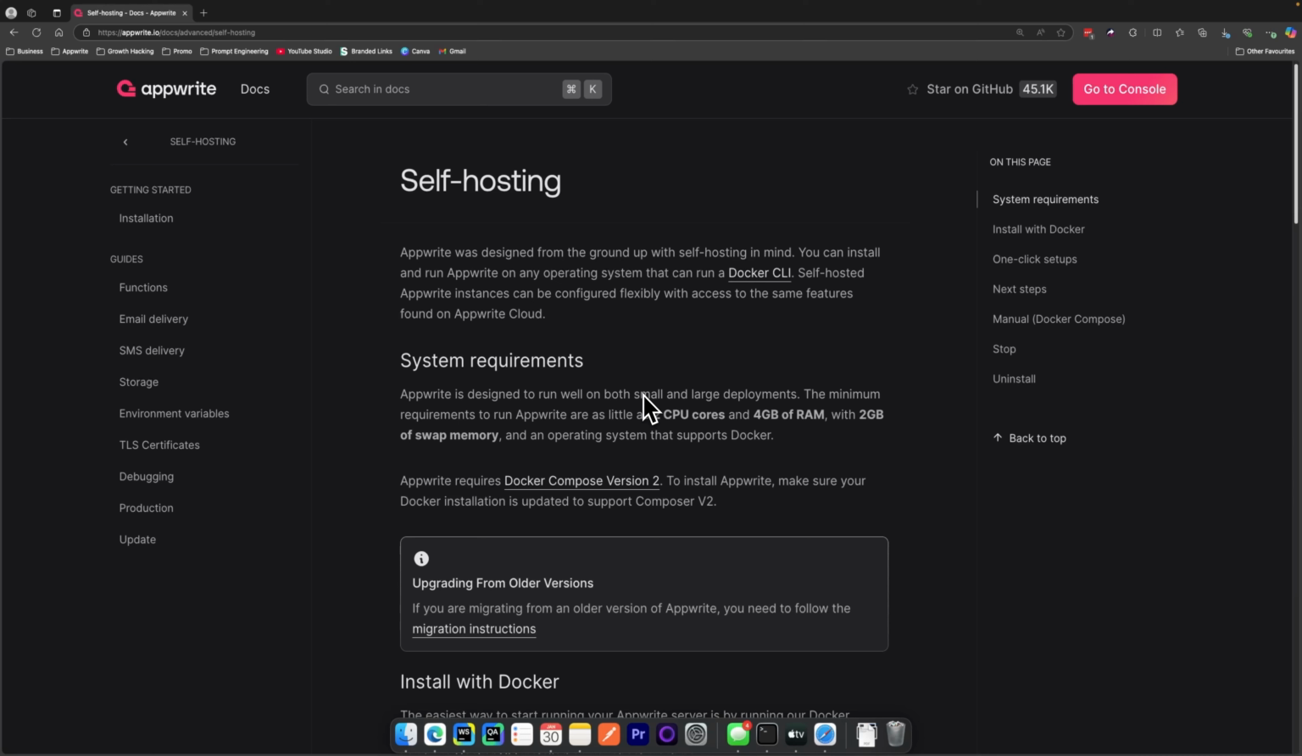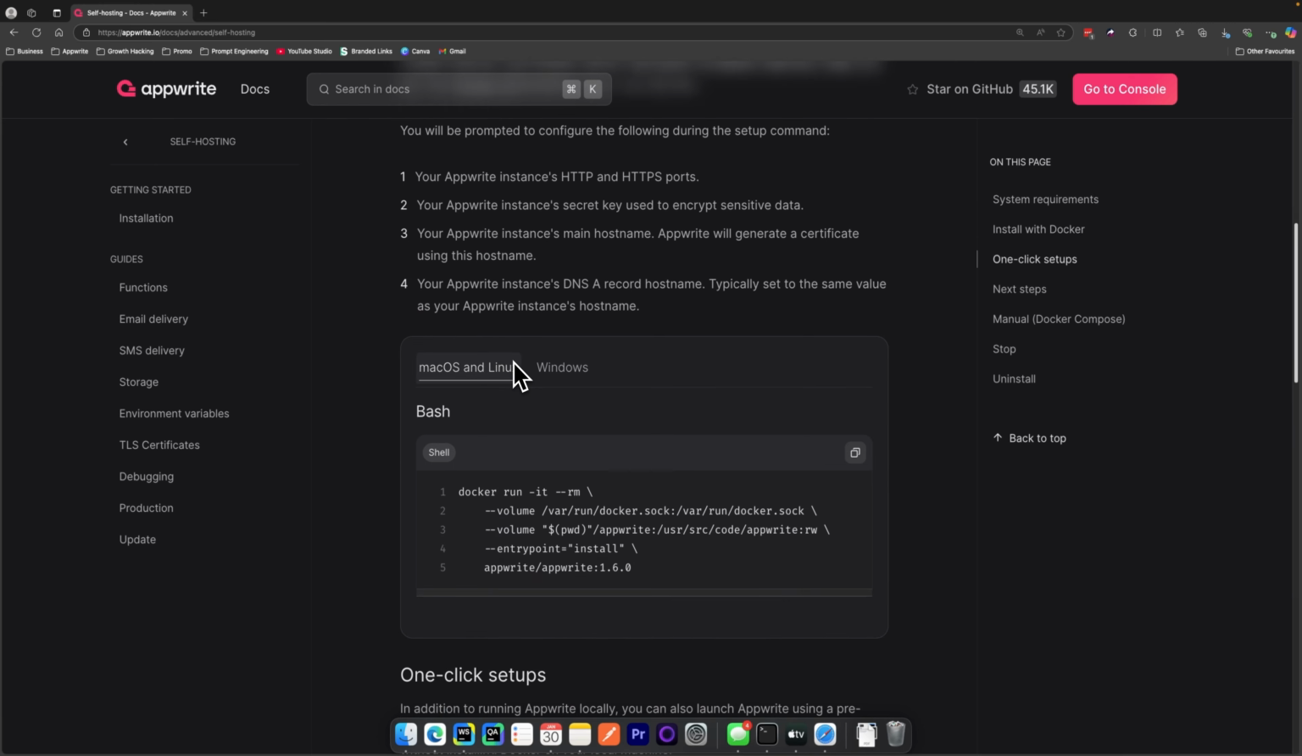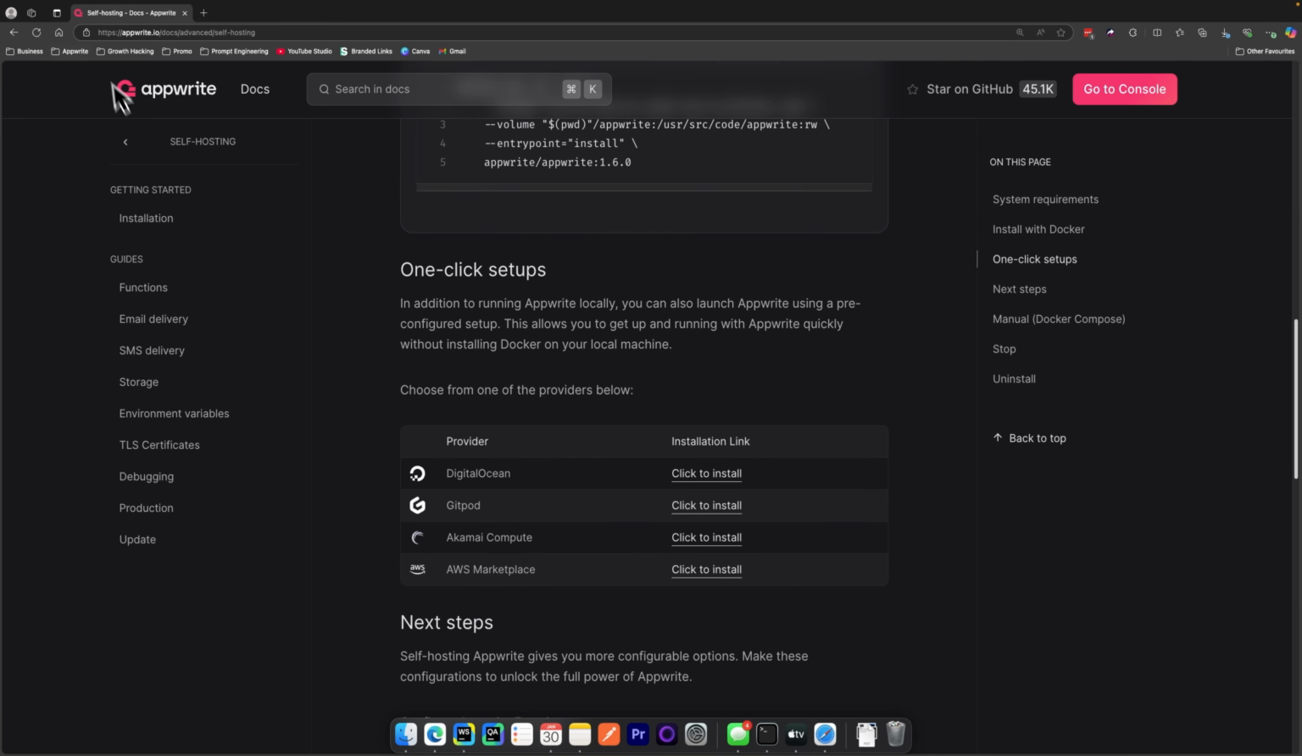Hi there. In this tutorial, I'm going to show you how you can set up custom SMTP on a self-hosted Appwrite instance. First of all, we have to download the docker-compose.yaml file and the .env file, and you can find it